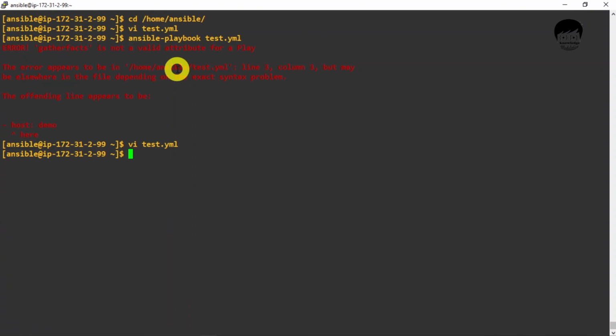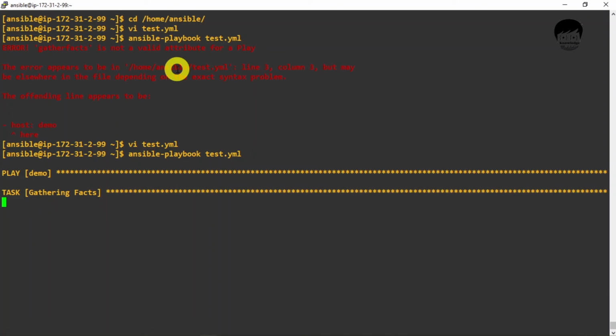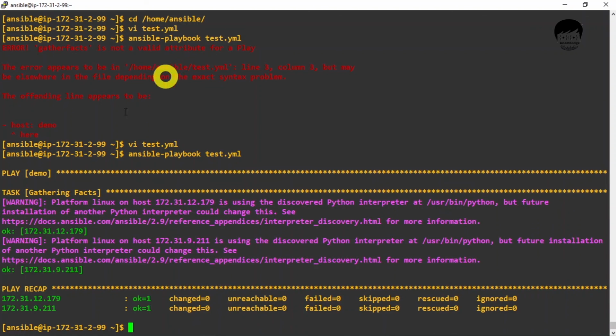Save and exit, and now I will try again. And yes, it works. You can see it says this is my IP address, this is the details. One task I have assigned to gather the facts, and it shows me these facts. It means that it works.